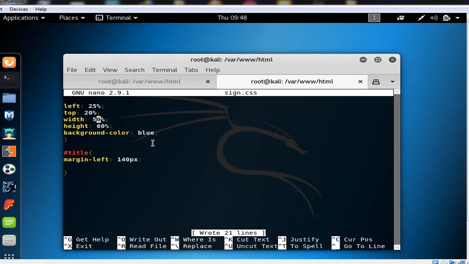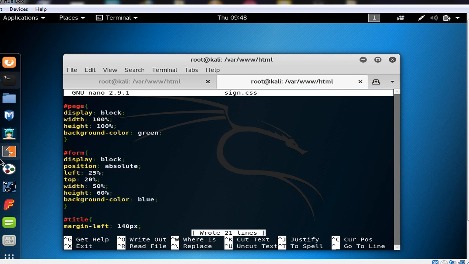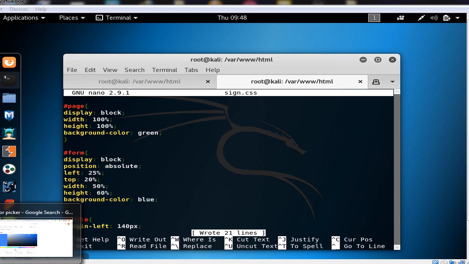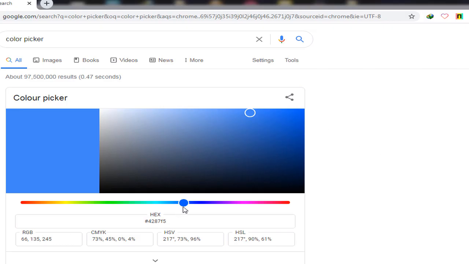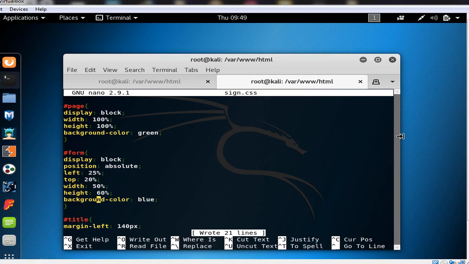So I said I want to change the background color of the form. If we open the color picker in our browser, which we talked about in the previous lectures, I want to maybe give it this color in here, 42 F5. The hexadecimal value would be equal to